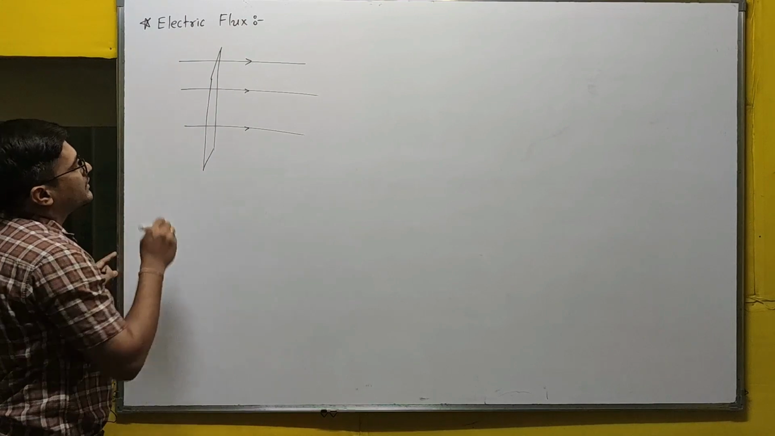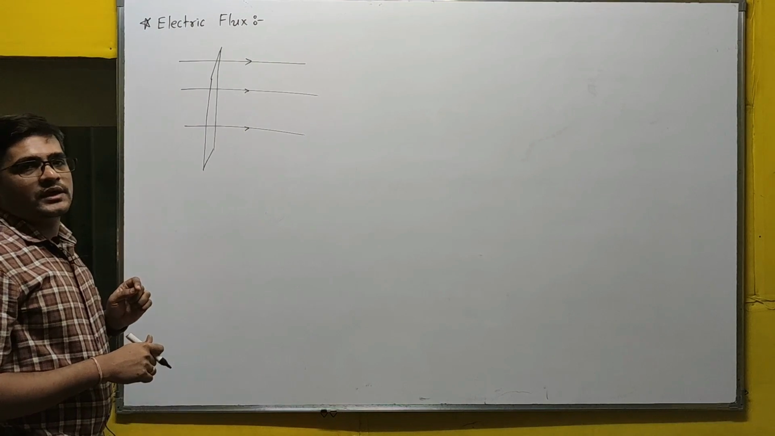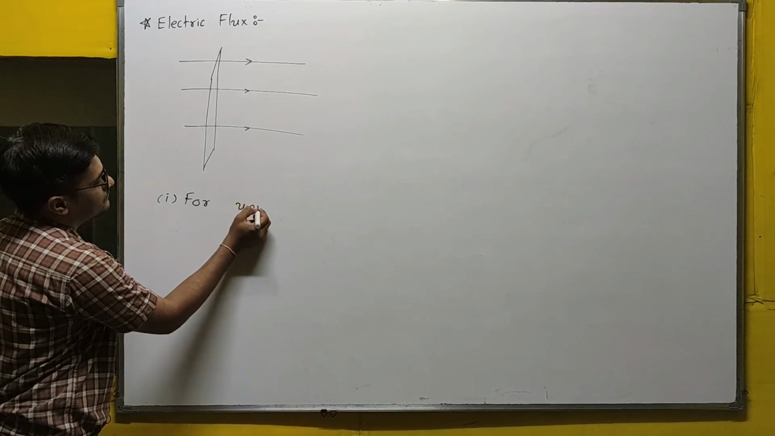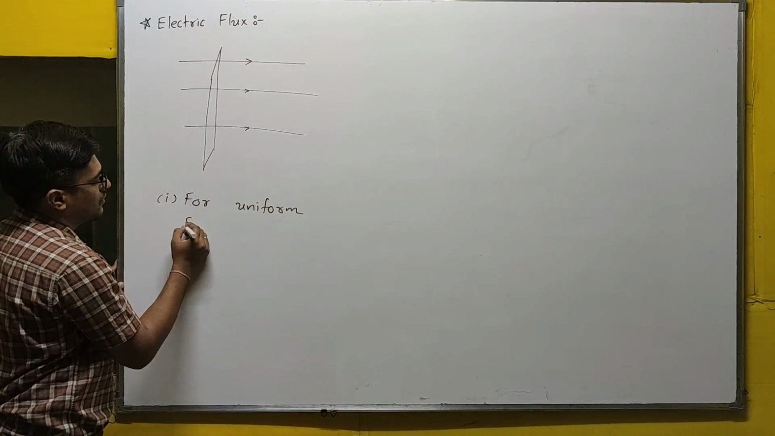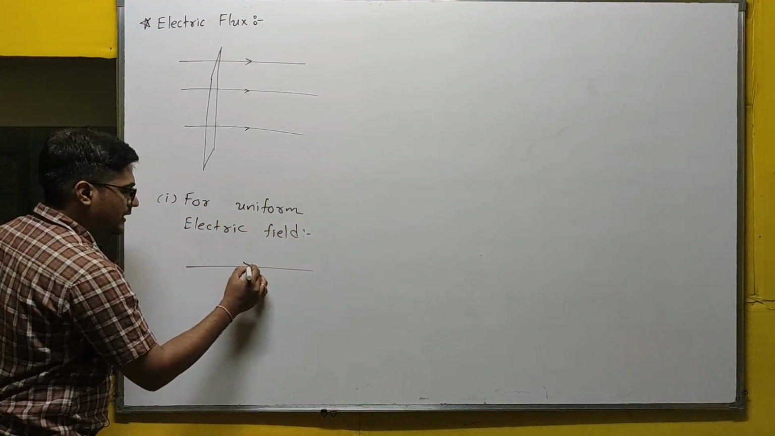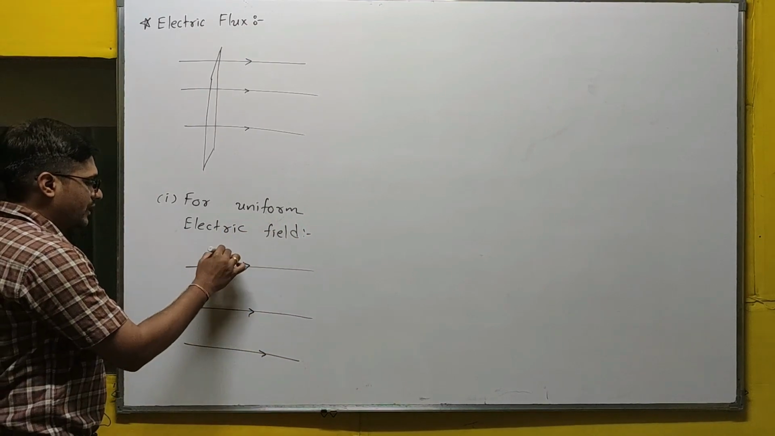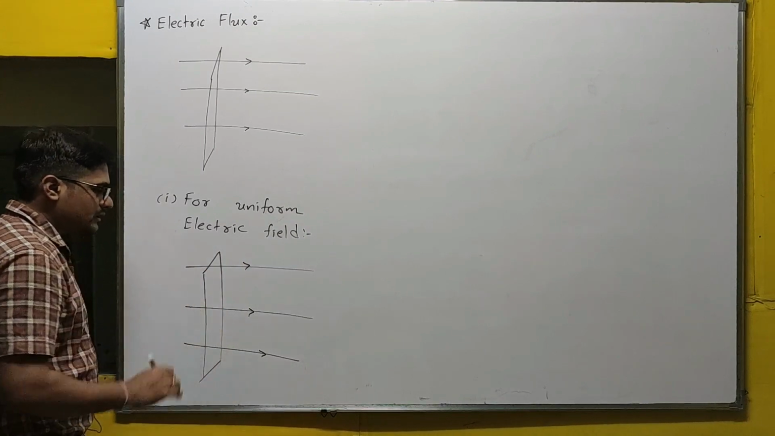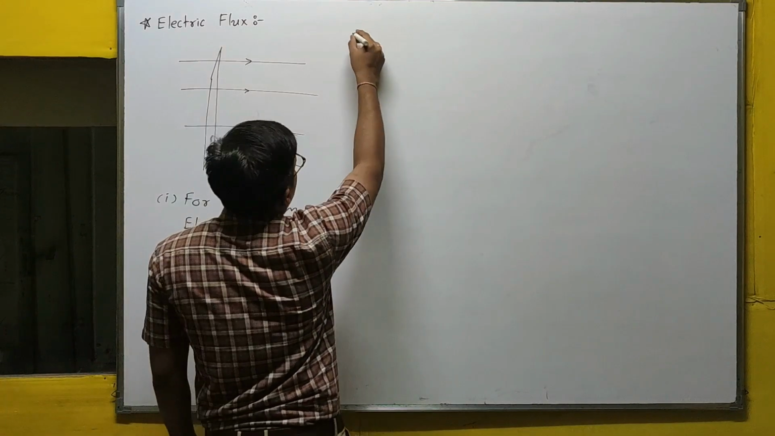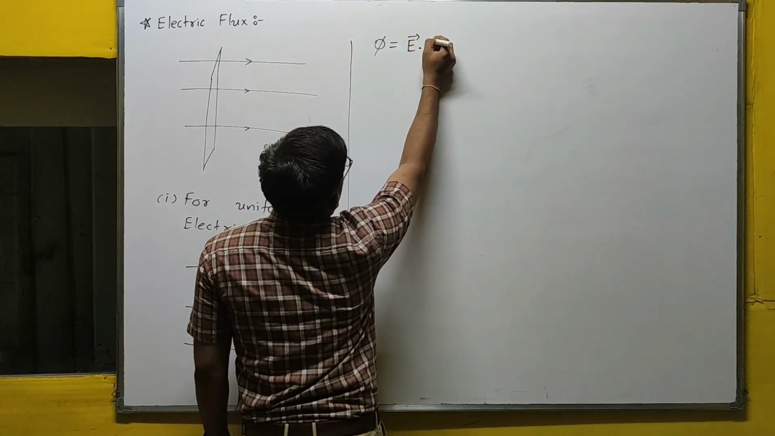So how to find the electric flux numerically? To find an electric flux, we have a formula. So for uniform electric field, uniform electric field means what? The electric field intensity everywhere is the same. Now we want to find the electric flux associated with this surface, this plane, this square. So the flux associated with this plane is denoted by E dot S,